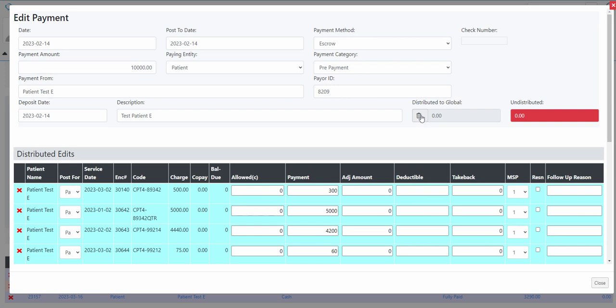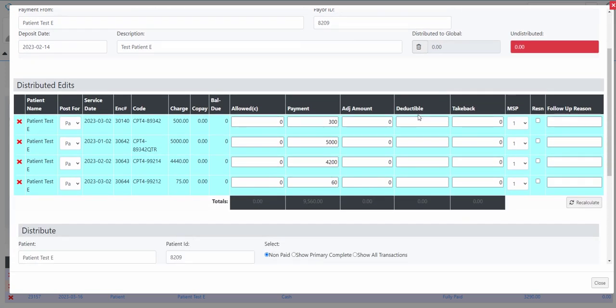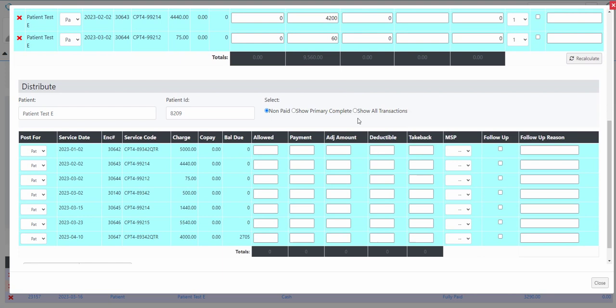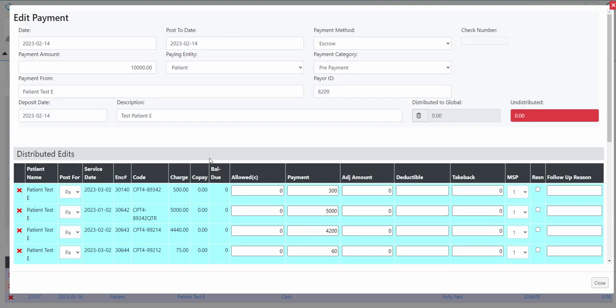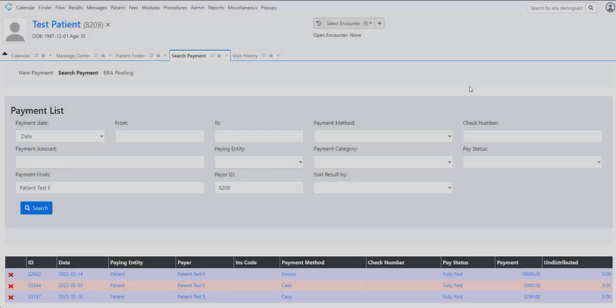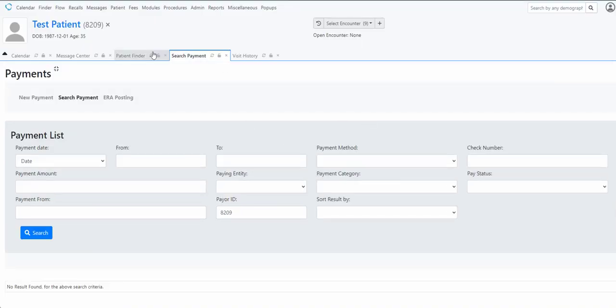Okay, so that was what I found out. If you had watched the previous video, you'll see that if I were paying attention, I noticed that the undistributed amount over here ended up in the distributed to global. Then I did not want that. So, with that said, I went ahead and distributed all the funds from the amount that the patient had paid in. And now if I get off of the screen and go back to the patient's chart here,